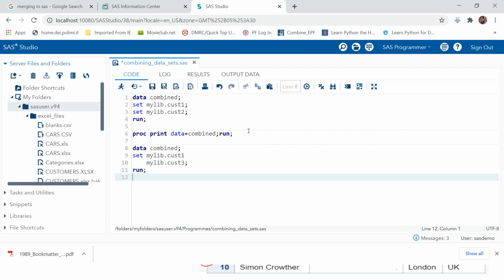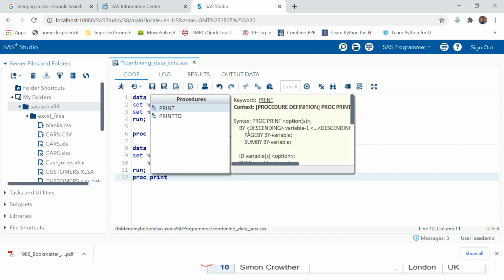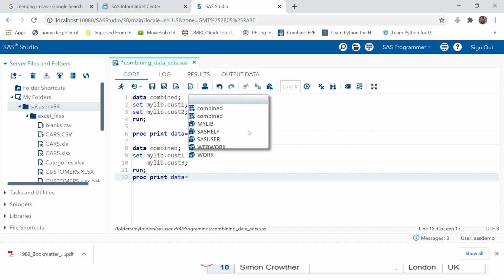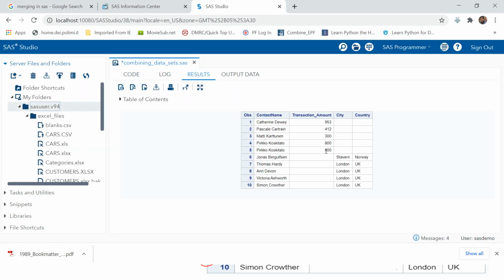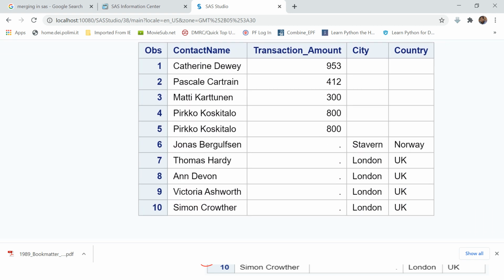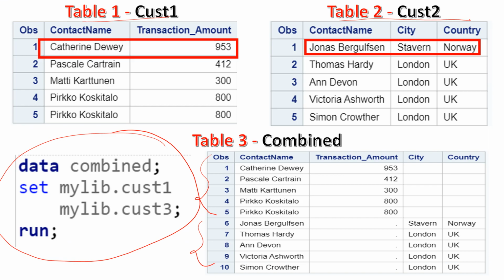Type the print statement, proc print data equals combined again, and then let's have it running. So now here you can see it's the same output as we got over here.